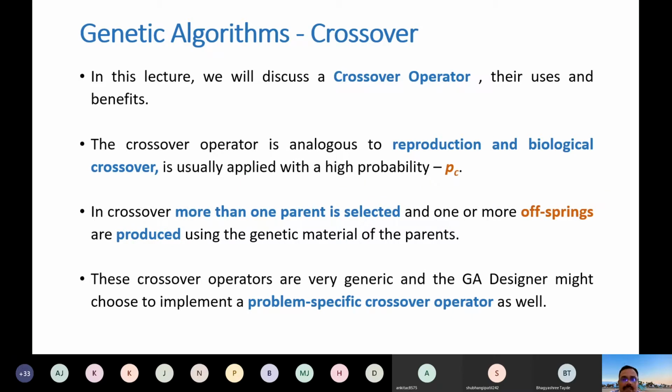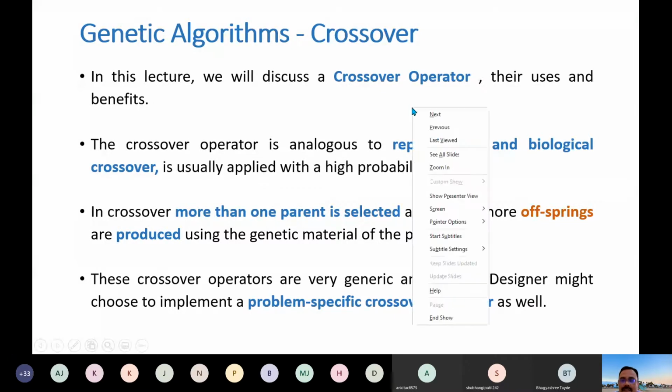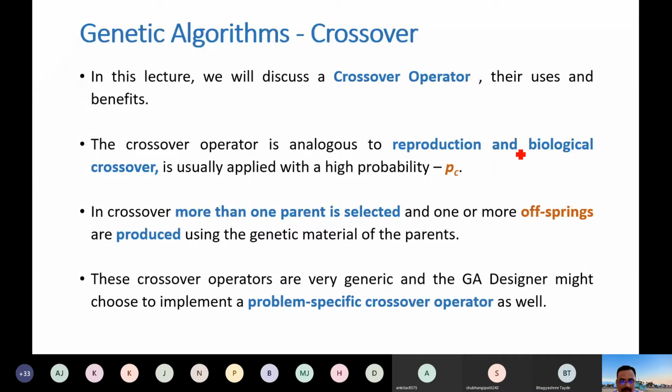We have started with a theoretical discussion on genetic algorithm, the base on which genetic algorithms are based, that is natural evolution, the theory of natural evolution proposed by Charles Darwin. Then we have seen the general structure of genetic algorithm, which consists of representation of population. So that is the first important task you will have to perform whenever you are going to use genetic algorithm for some problem.